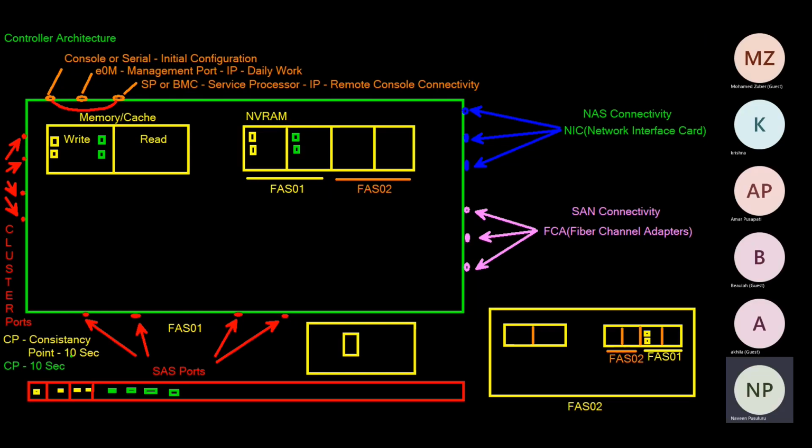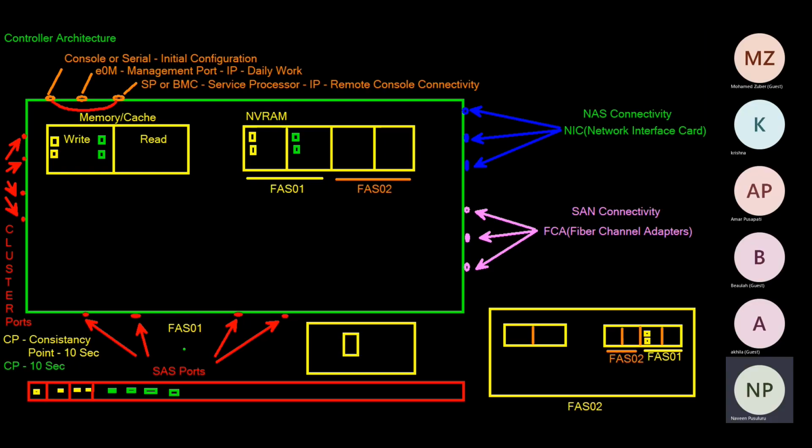The consistency point is nothing but a kind of process which will happen in the background. Not only here, everywhere it is the same. Even when you copy something to your laptop, for example, a 1 GB audio or video file, it will not copy the data directly to the disk. What it will do,